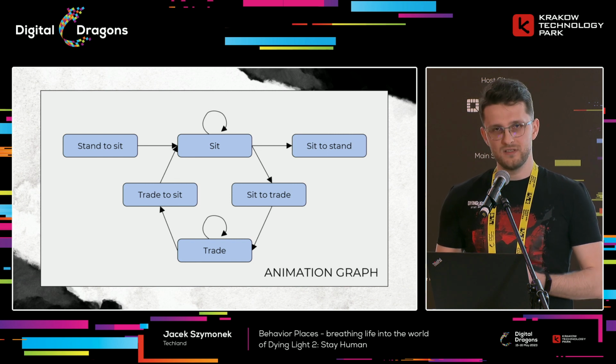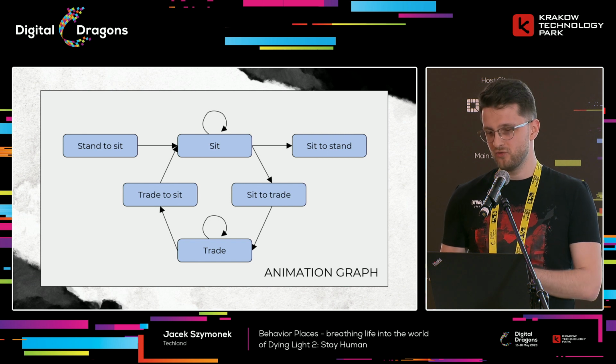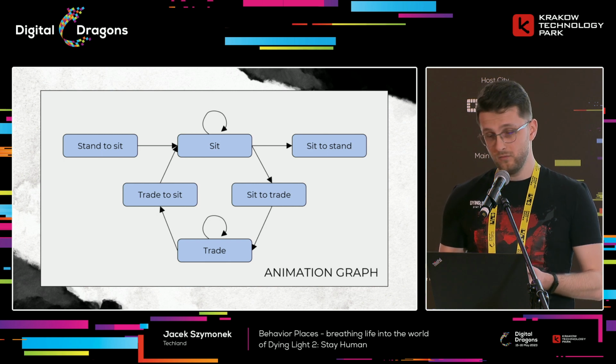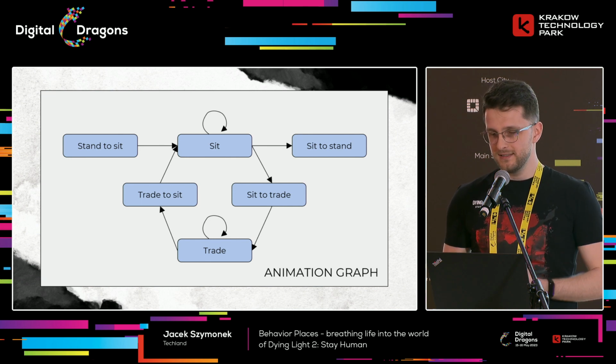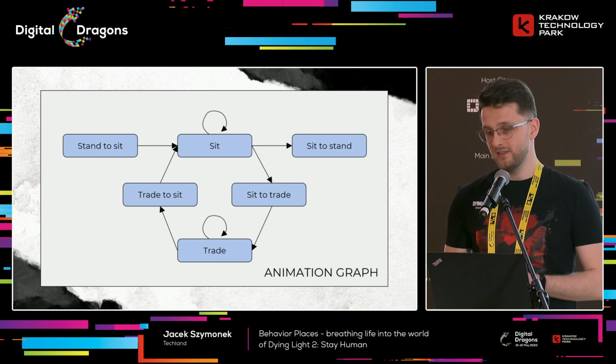But when the player is close, there's another loop. It's called trade. We cannot go directly from sit to trade. We need some transitional animations in both directions, one for standing up and one for sitting down. And entering those transitions is guarded by a condition that checks the character's distance to the player. Our state machine got a little complicated, but that is still okay. It's defined in a behavior definition asset, and it can be dynamically injected into the main AI animation graph.